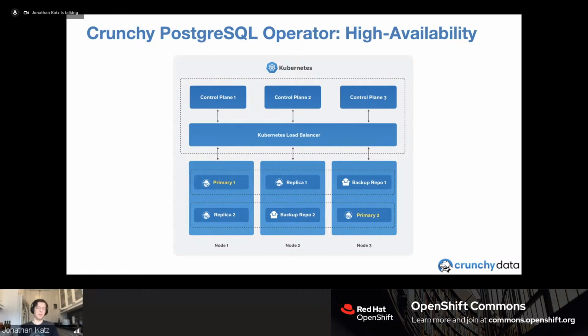So running 5 Postgres databases, particularly if they're multi-terabyte, is a very large footprint. Even running 3, which I like to recommend as the number that you should run, is still, if you have 10 terabytes of data, at least 30 terabytes that you need, plus backups, plus your various logs and WAL and other things that you need to store. So there's going to be a lot of data floating around. By leveraging the OpenShift backed storage system, you actually only need to run 2 Postgres instances to get high availability. And that's what's really cool, because it helps you lower your footprint,